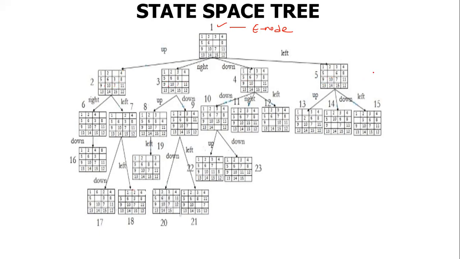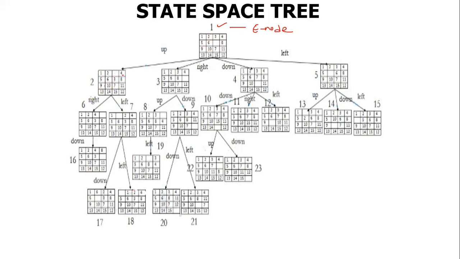After that, here the only possible moves are right and left. There is no chance to move the space upward. In the same way, if the space moves towards the bottom, then it will go back to the previous state. That's why here down and up, both of these states, are not possible. So that's why the empty space is moved towards right or towards left.